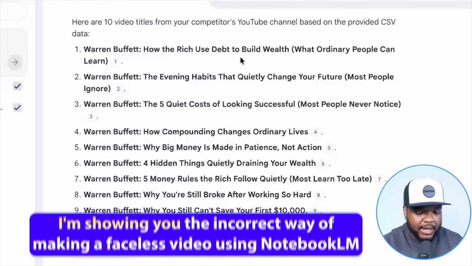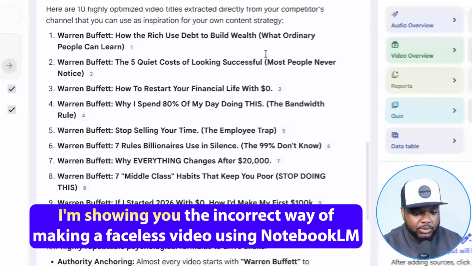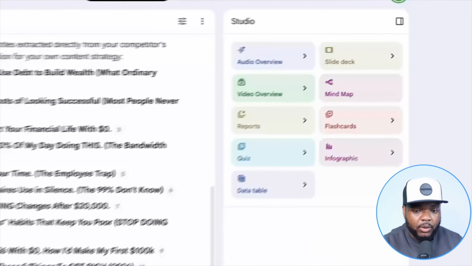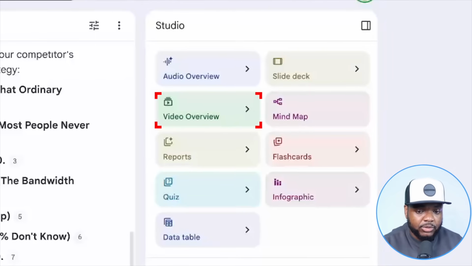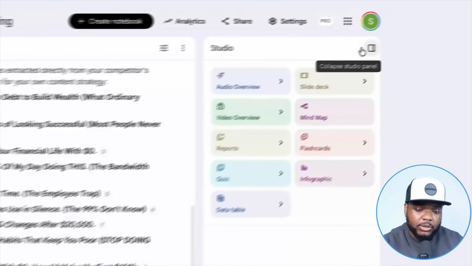And remember guys, I'm showing you the incorrect way of making a faceless video using NotebookLM, which brings me on to the most important part of this whole thing, which is that a lot of people use NotebookLM to actually produce the video using the studio mode. Because if you didn't know, if you expand the right hand side over here, you're going to see the studio mode